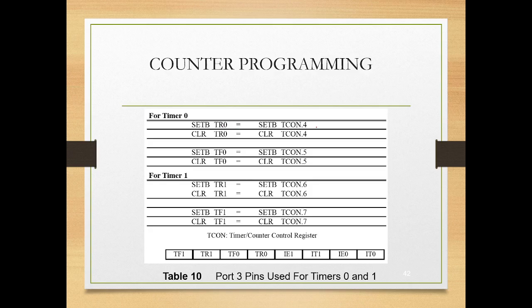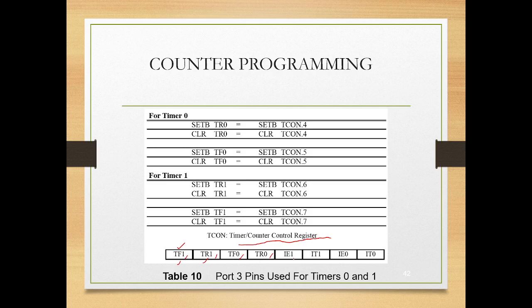What is the bit? The format given is for TCON, the timer control register. So the bits identified here are related to control mode registers. So this is the flag register. Timer 1's these bits, wherever 1 is, it relates to timer 1. Wherever 0 is, it relates to timer 0. TF means flag register, TR means the timer run register which starts counting, and then here